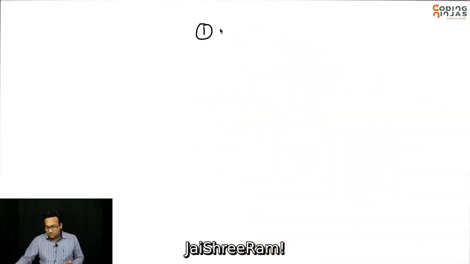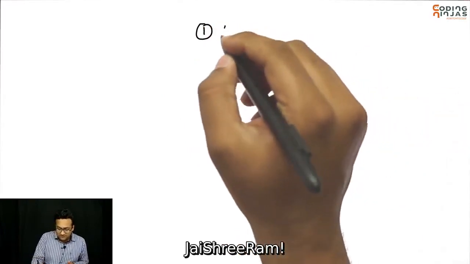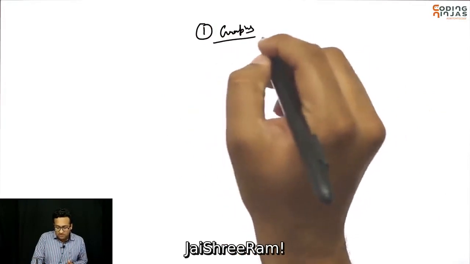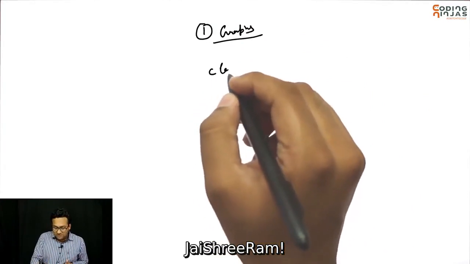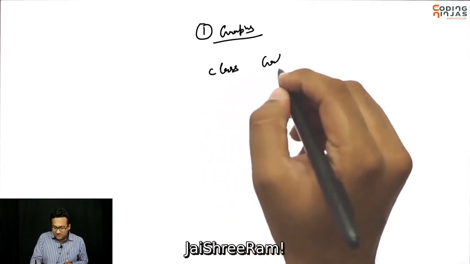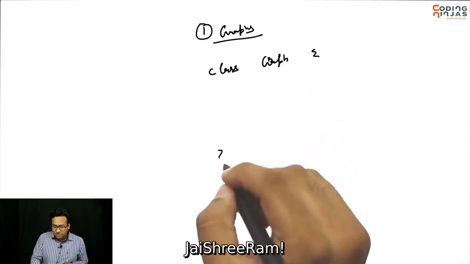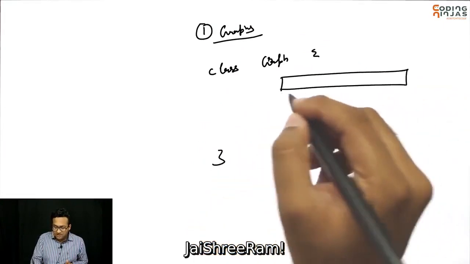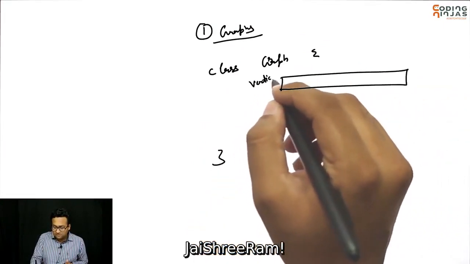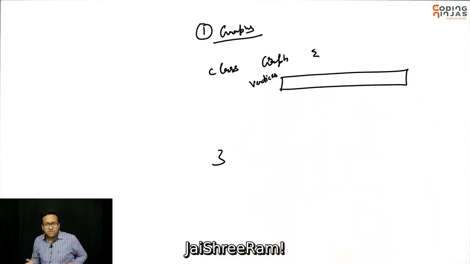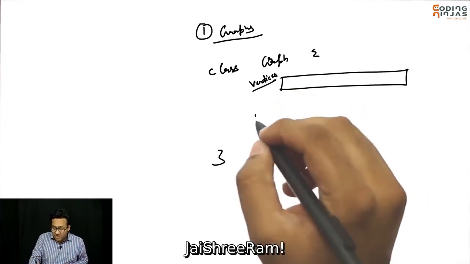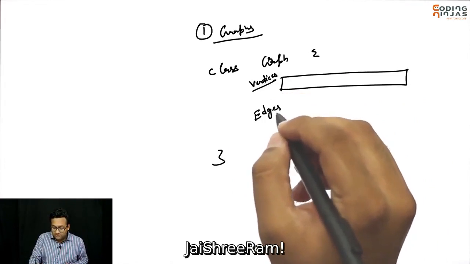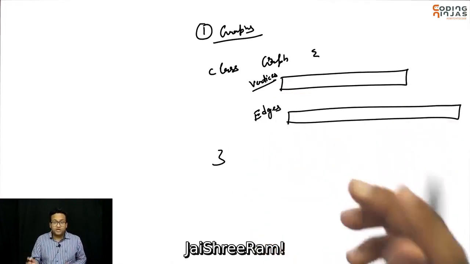Graphs basically, the easiest way to implement a graph is, let's say I have a class graph. The easiest way to implement this will be, we'll have a list containing all the vertices. By list I mean an array, right? It could be a dynamic array or a normal array, whatever works for us. We could have an array of vertices and we could have an array of edges, all put together at one